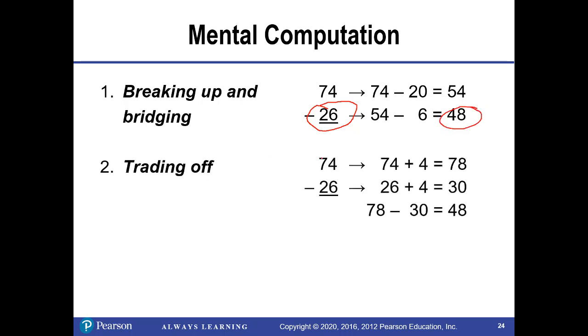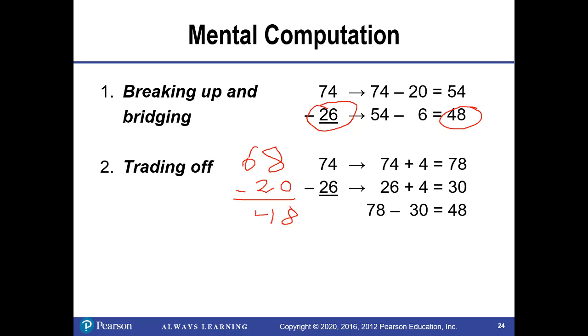We could also do trading off. So here we're adding 4 to both of our numbers. That does not change the value. So we get 78 minus 30 equals 48. Trading off can go with either addition or subtraction. Just addition is usually easier for most people to do in their heads. I could also have subtracted 6 from each value. And so 74 minus 6 is 68. 26 minus 6 is 20. And I get